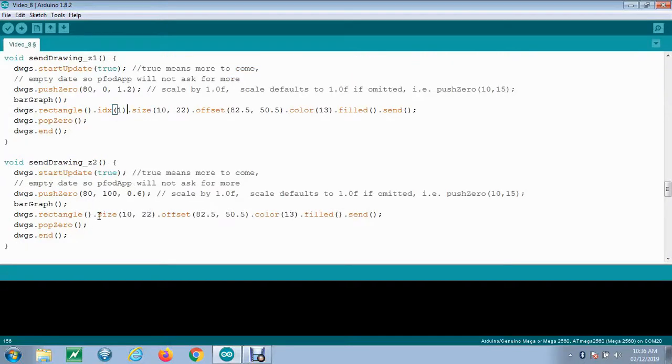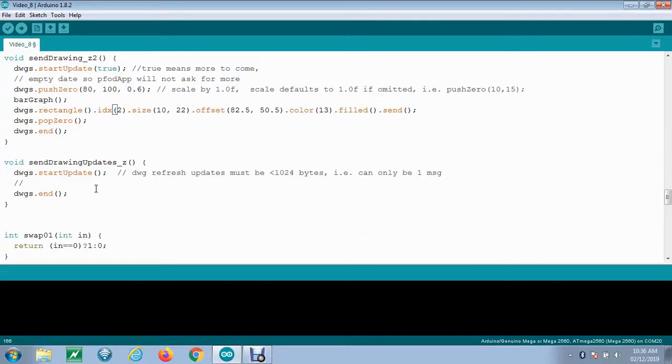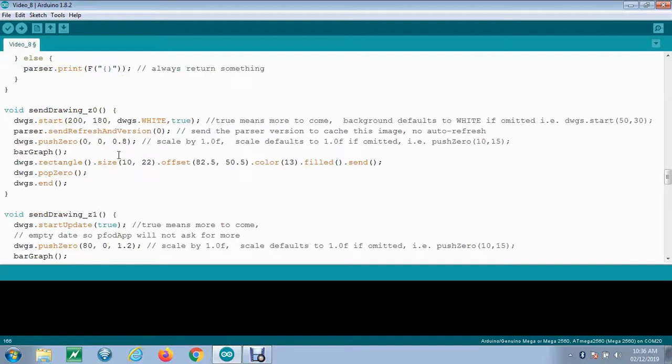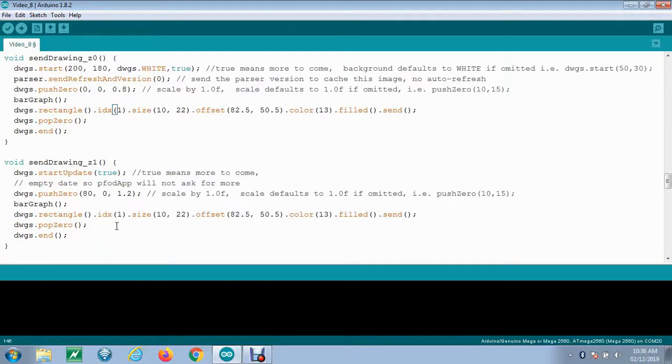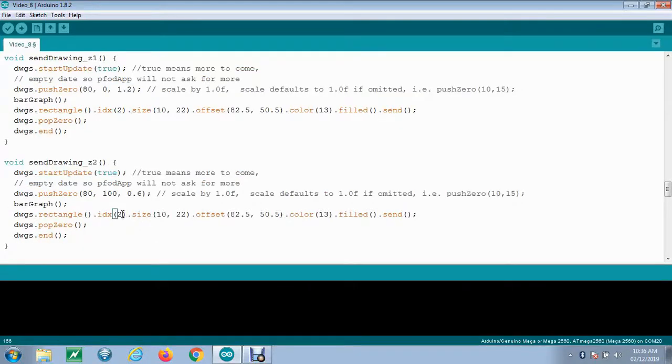.idx1, .idx2. Oh, I must have missed 0 again. Yep, there we go. .idx1, .idx2, .idx3. Okay, they're indexed separately, which is what they have to be in order to do the updates every 5